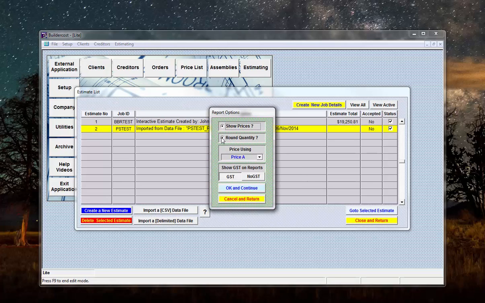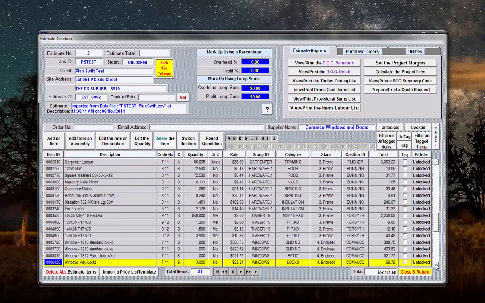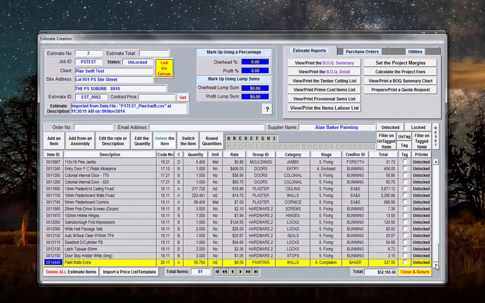Here we're asked, do we want to round the quantities? Well, we don't want to round it. There's not much sense rounding the quantities up, and then when we finish the estimate, if we add other items to it, rounding it again. So it's best to remove the round the quantities there, and just simply say OK. And there's the estimate now completed in here based on the assemblies and items that were imported from the CAD data. Now this is very useful and very quick way of creating